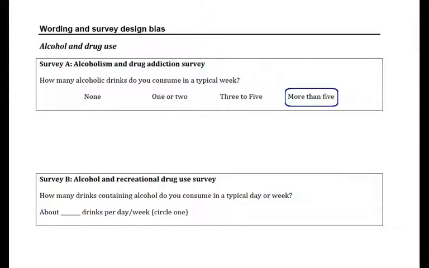But how does that make me feel answering in the most extreme category on a survey that is titled Alcoholism and Drug Addiction? And here I am. This is really Don Draper's category here, right? More than 5. This encompasses a huge, huge range of actual drinking behavior. So even though this is my correct answer,